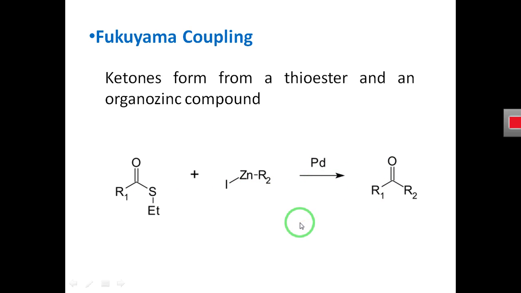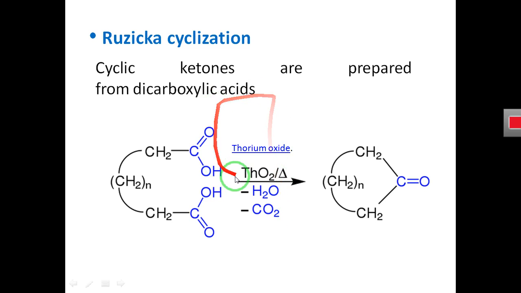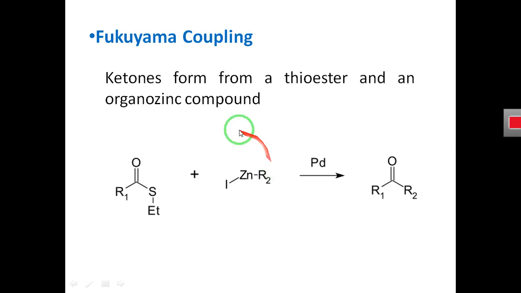As in my previous reaction, I showed you that in that reaction only one reactant forms a ketone in the presence of a catalyst, and in this reaction two reactants form a ketone in the presence of a catalyst. This means that in the previous reaction the catalyst is assisting only one reactant to produce the ketone by removing some atom from it. The catalyst assisted in removing some molecule from the reactant and preparing the product.